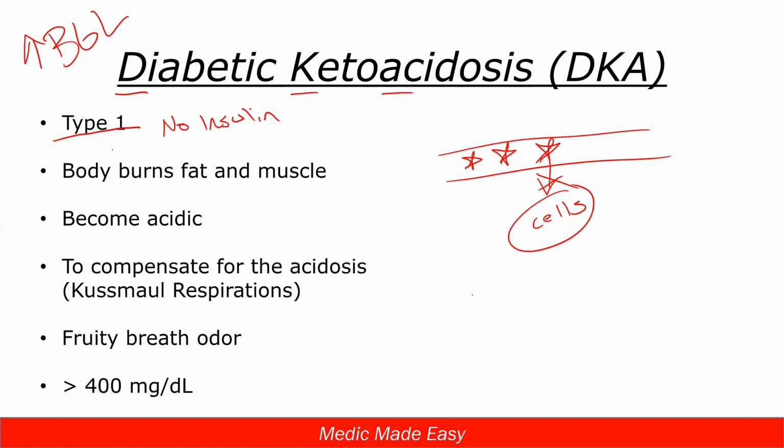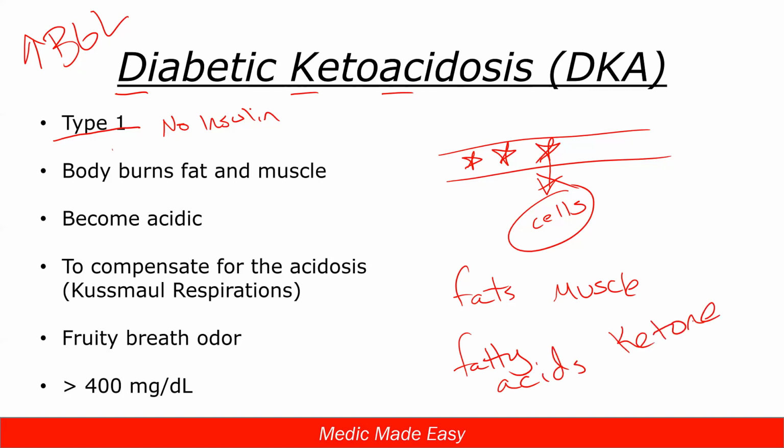So what happens when you break down fats and muscle cells, right? Some of the things that you get are fatty acids and these substances called ketones. Right? And some glucometers, when you check the blood sugar, will actually say ketones present, or it'll just say ketones on it. It's telling us that the body is actually breaking down fat cells in order to generate some energy. And so it's telling us we're kind of in bad shape. We're in one of the backup systems that the body has. The backup systems are good, but we prefer to not be there. We prefer everything to be operating normally.